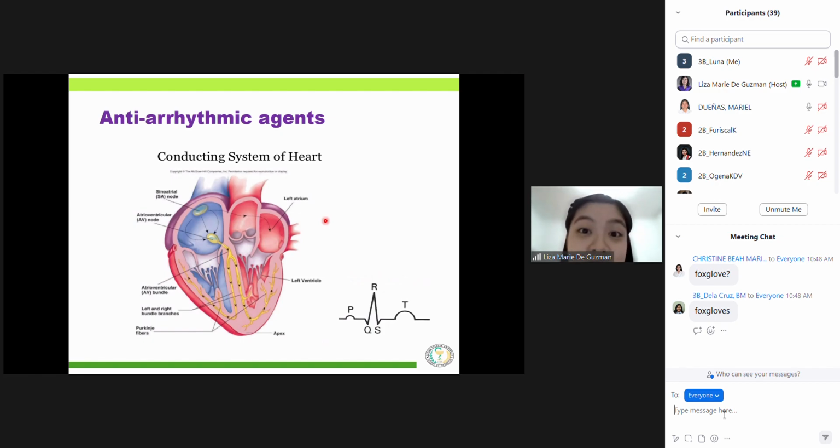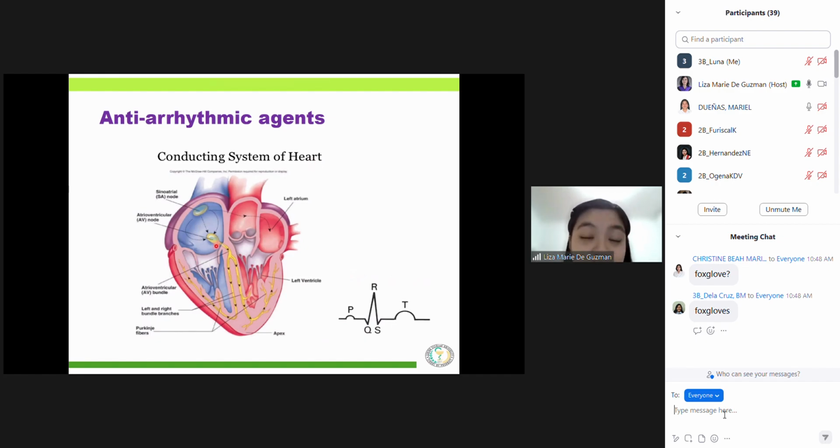Because the one responsible for conduction, the reason our heart contracts, is the electrical impulses. And its frequency is 60 to 100 beats per minute. So again, these electrical impulses, or what we call the action potential, are responsible for heart contraction. That's the reason why our heart beats at a rate of 60 to 100 beats per minute, because of the conducting system of the heart, or these electrical impulses that I mentioned, or the action potential.